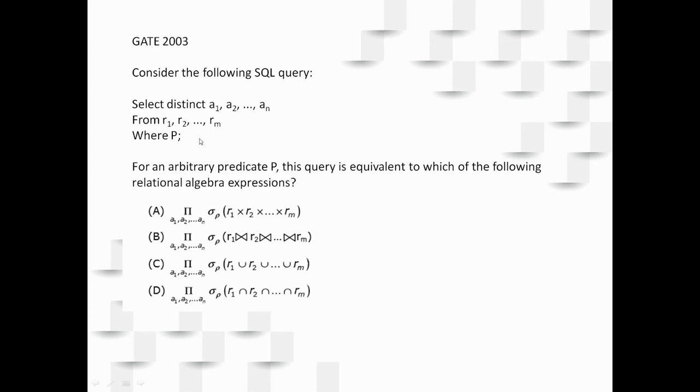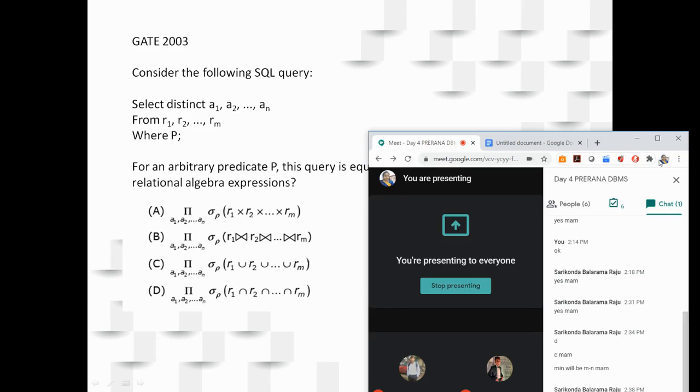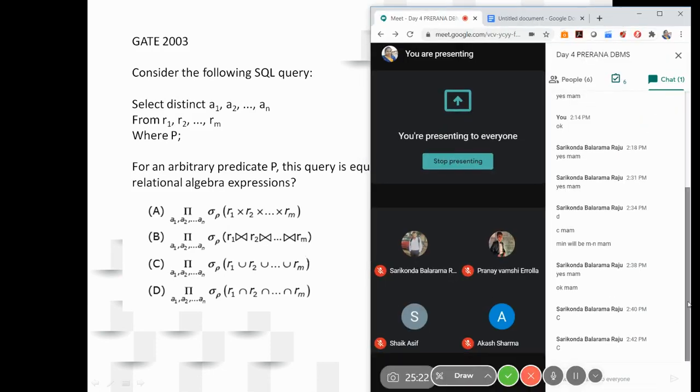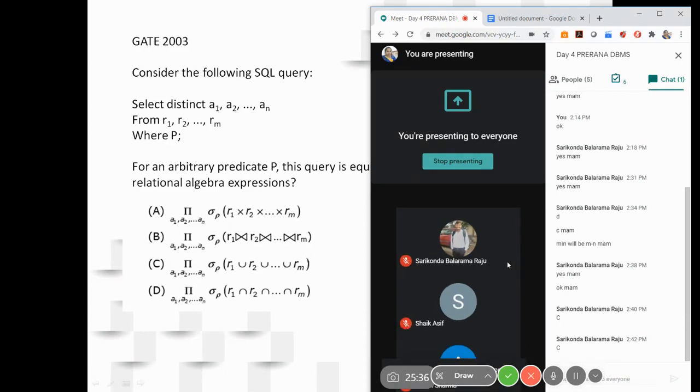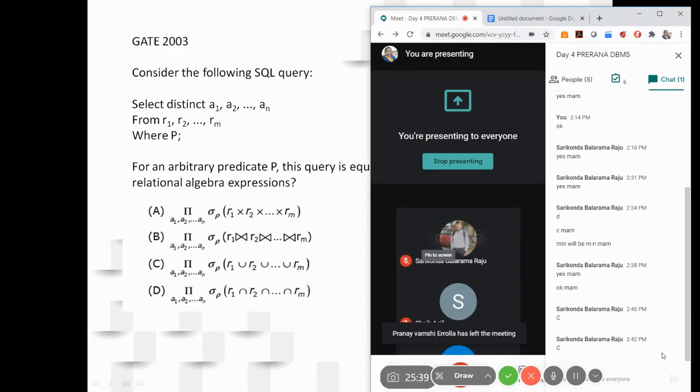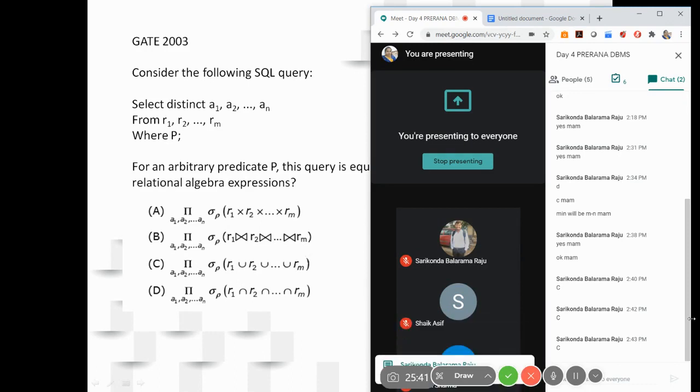So here they gave you a select statement for any arbitrary predicate P, whatever could be the condition on P, which of the following relational algebraic expressions is true? Observe the options carefully. Which of the given expressions are equivalent to the above select statement? Any answer? You're still trying. Balram, again you have given C,